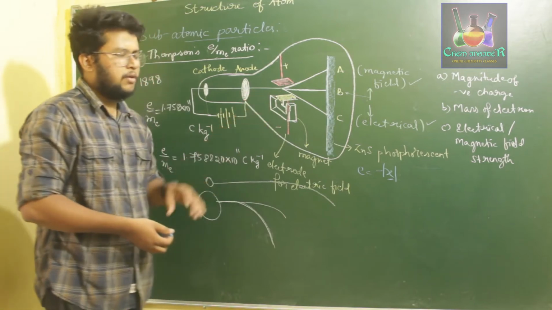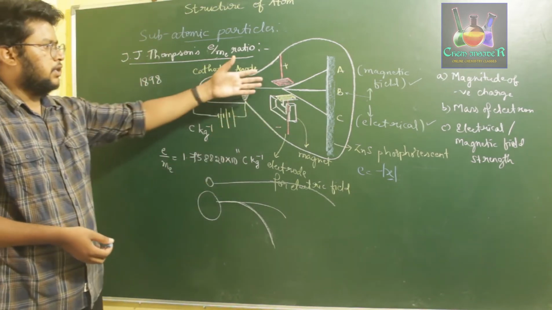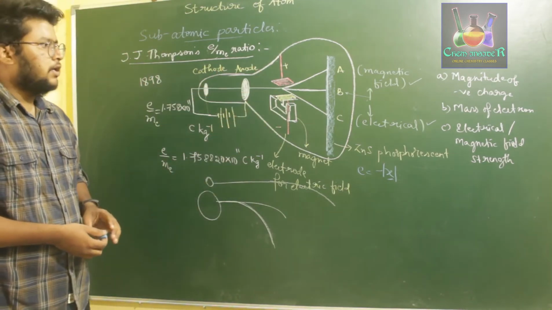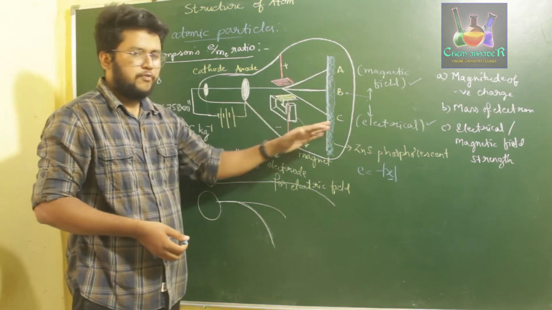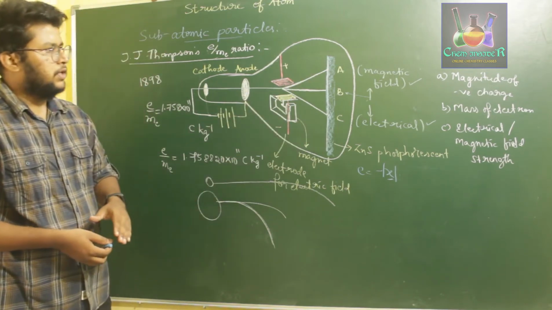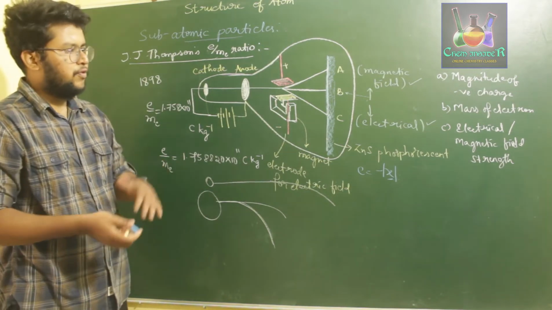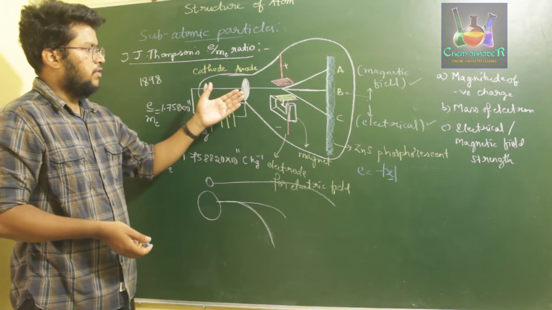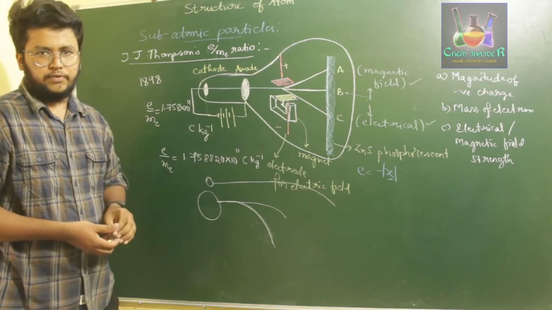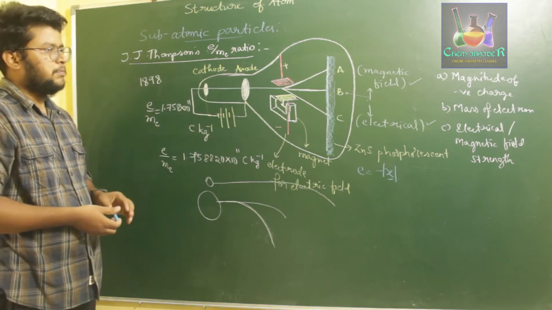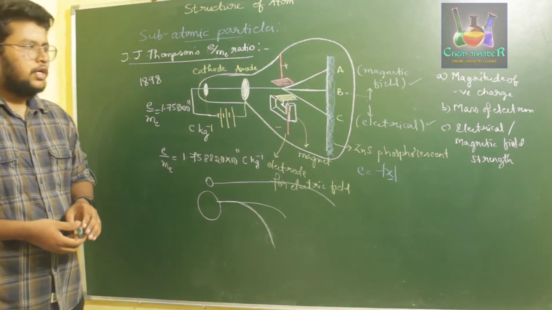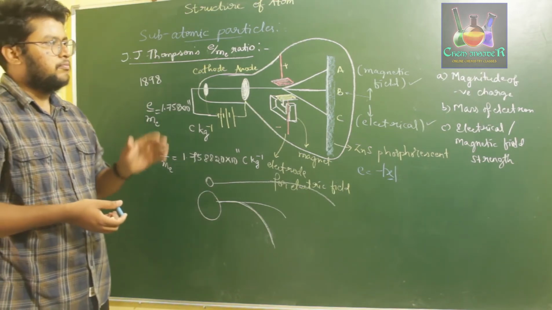If either one of them is higher, as we explained for the conclusion part, if the magnetic field is high and the electric field is low, then the electrons will be deflected towards the magnetic field, but not the electric field. If the electric field is high and the magnetic field is low, then deflection will be observed towards the electric field. Okay. So these are the 3 points